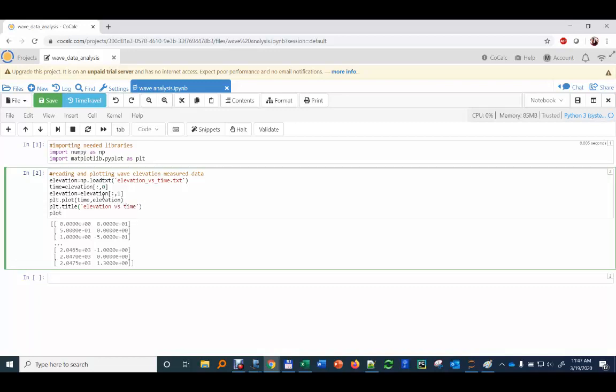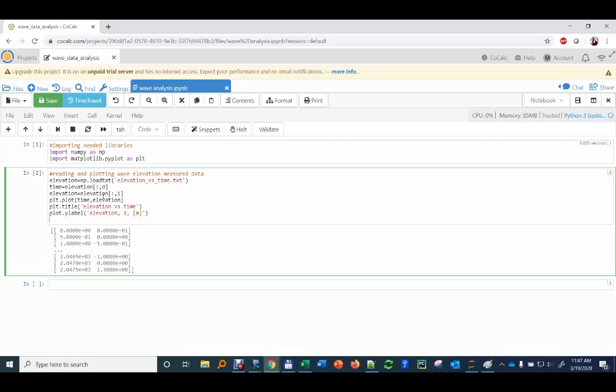And then to the plot, I also add a label to the y-axis, which will be elevation zeta in meters. I don't want to use the Greek letter zeta, so I use an